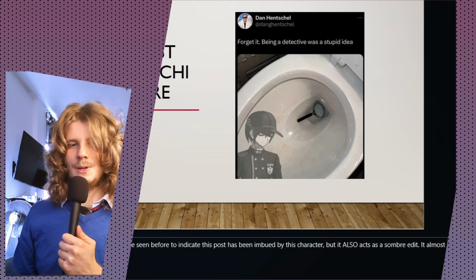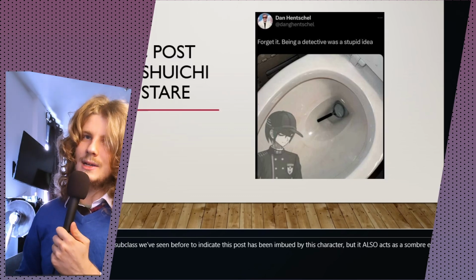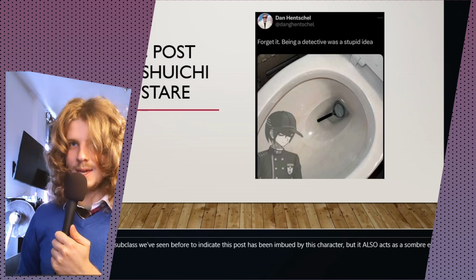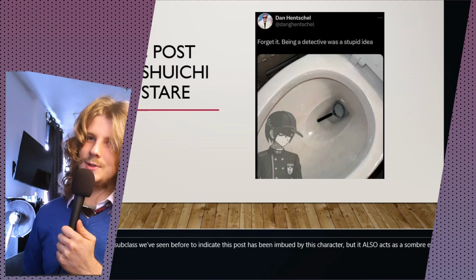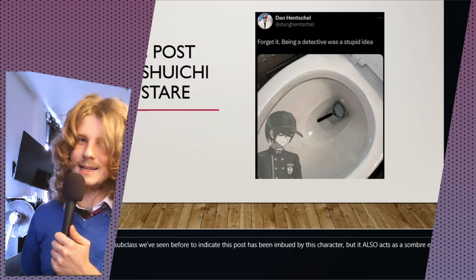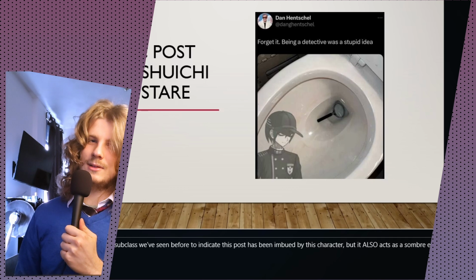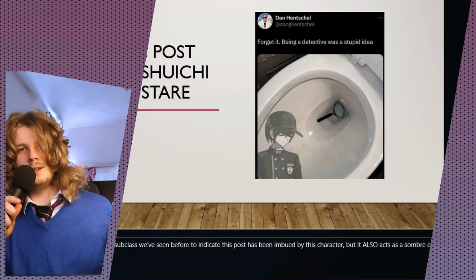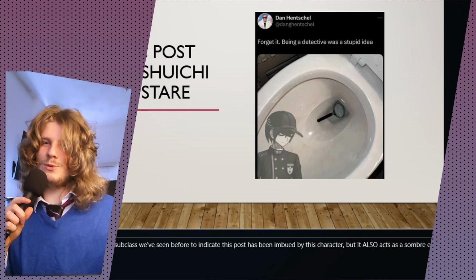Now we're going to look at some posts that do some interesting things with this. Let's start off with the Suichi toilet stare. This is forget it, being a detective with a stupid idea, and Suichi on the bottom left corner looking sad with his cap on. Here we have a compelling use of transparency, or translucency again. We have Suichi here acting as transparent to show that he is once again being imbued with or is the